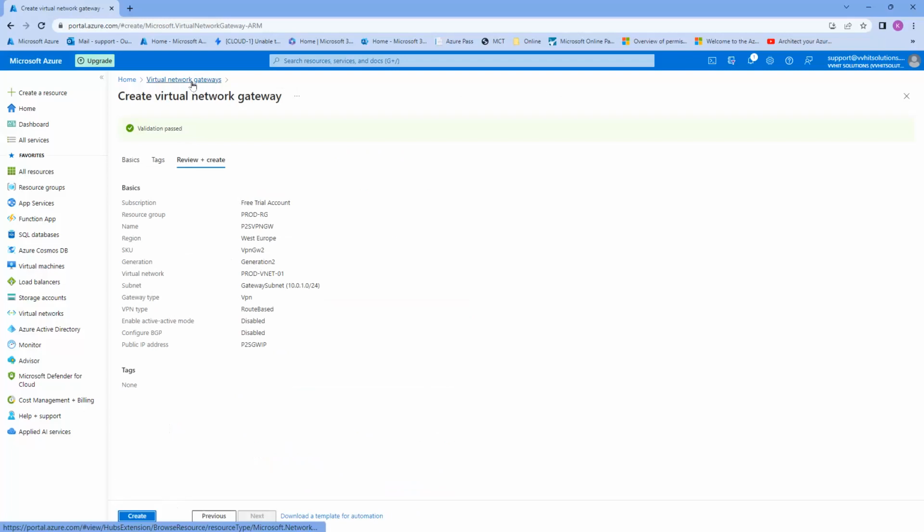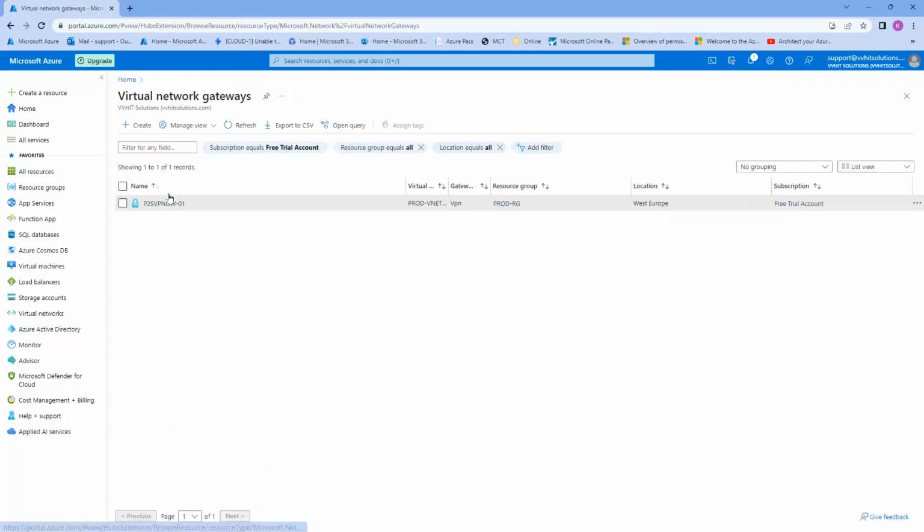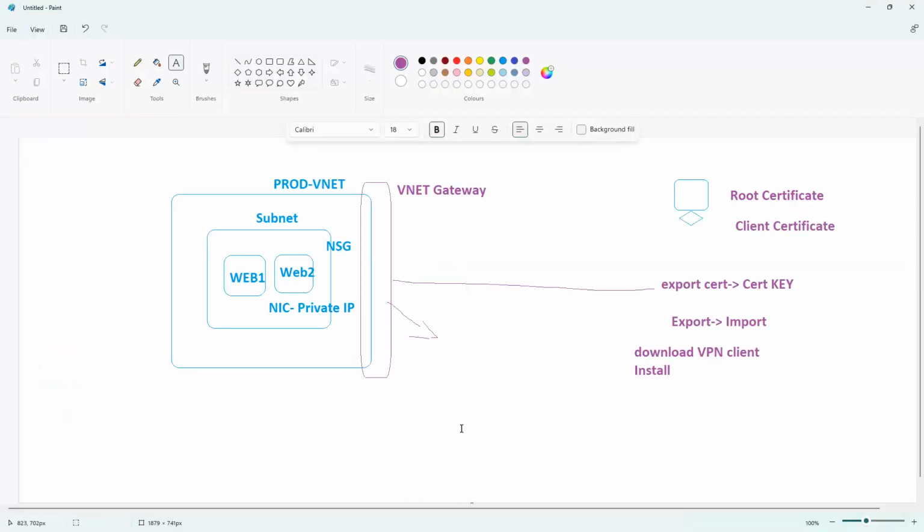So, to save time, I already have this gateway created. That's what you can see here. All right. So if I go back to the diagram, what I have is the virtual network ready, and I have the subnet ready. I have the virtual network gateway ready. So what I need is to create virtual machines, and I have to set up this root certificate